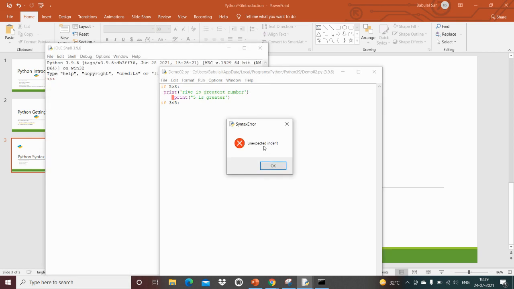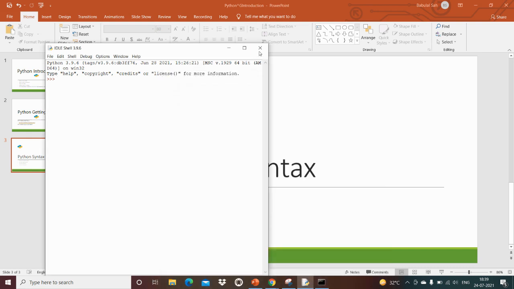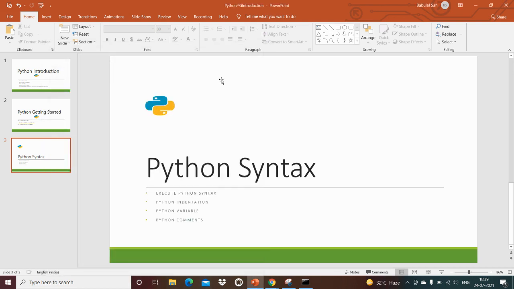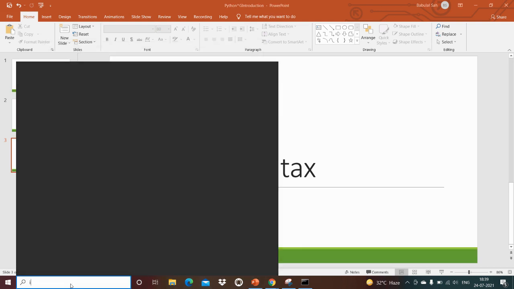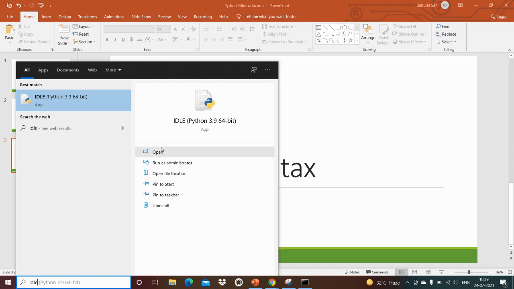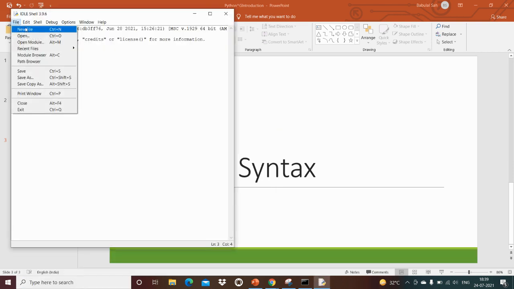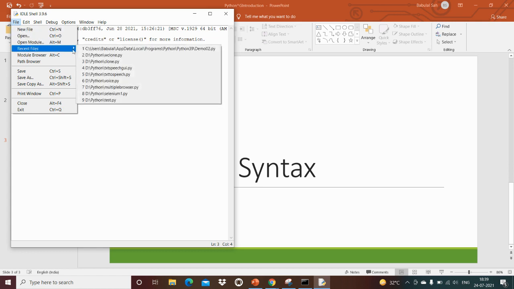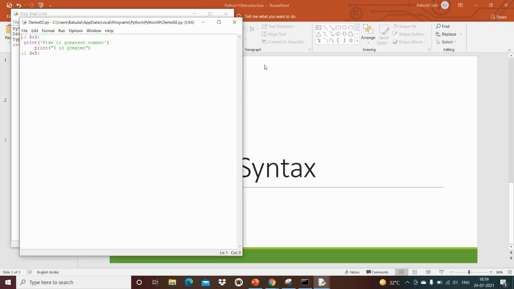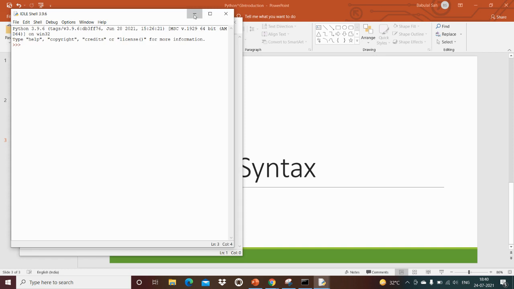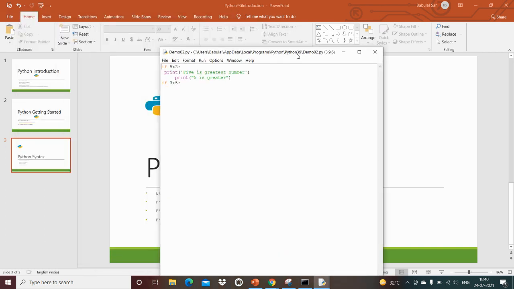Now see, unexpected indent. So indentation is very important. So it will be the same number of indents, otherwise it will give an error.